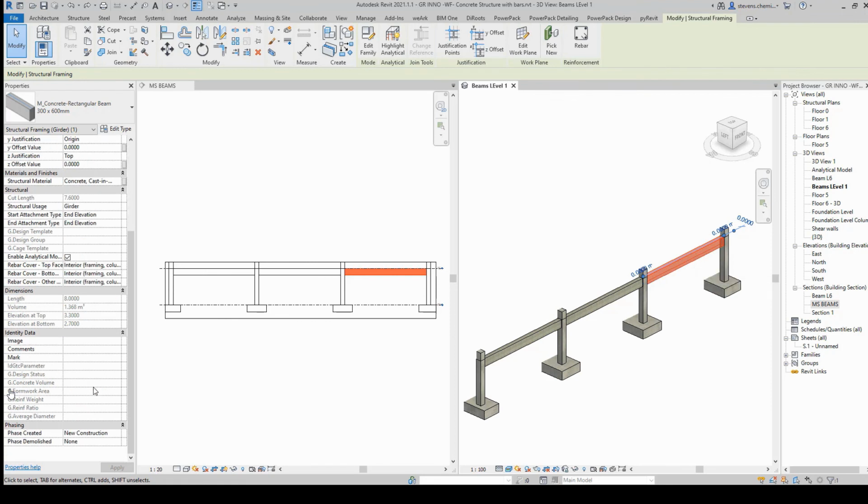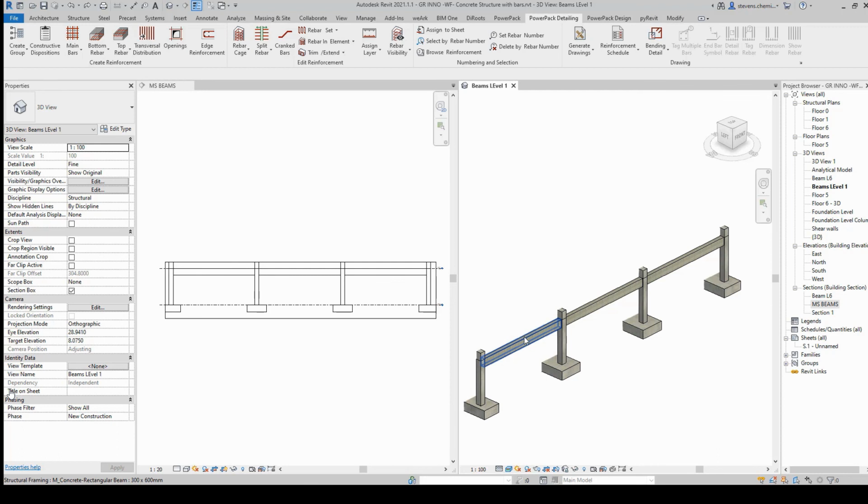create a real practical reinforcement that I will be able after to place into documentation. So in this case, I'd like to highlight this notion of multi-span beam. You know, in Revit, in many cases we are modeling individual beams, but from a design point of view, I want to consider those three individual beams as one. It's the notion of multi-span.